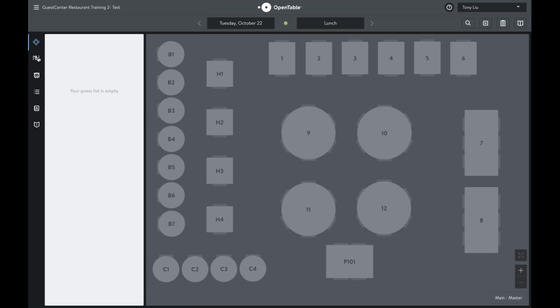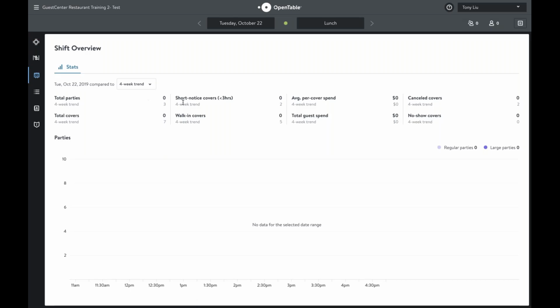Other things you can do on here that I want to make sure I show you: you can look at the shift overview section here, and it gives you a lot of information about your shift. It breaks down your total parties and compares it to the last 4-week trend. Also looking at your total covers out of those parties, comparing it to the last 4 weeks, or even to the previous year. So you can compare this year to last year, and so forth. And in short-term notice reservations, you can see those booked less than 3 hours ahead, walk-in covers,